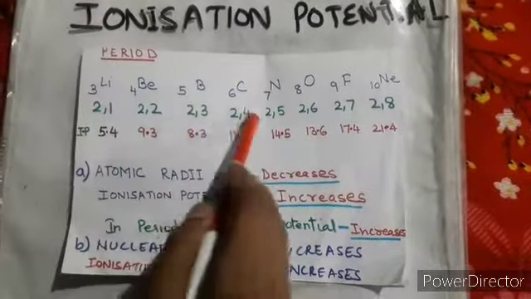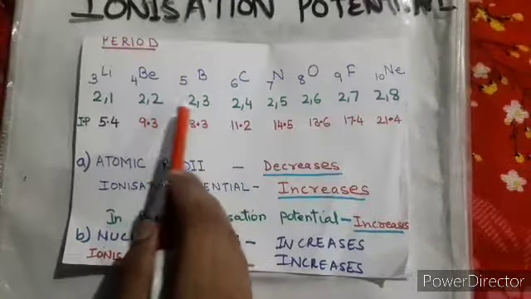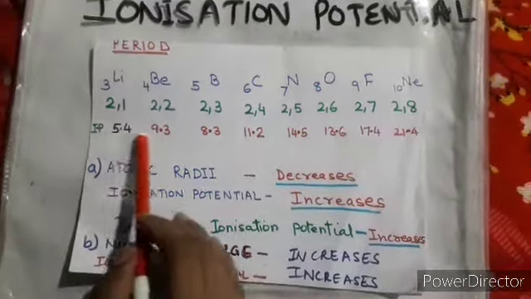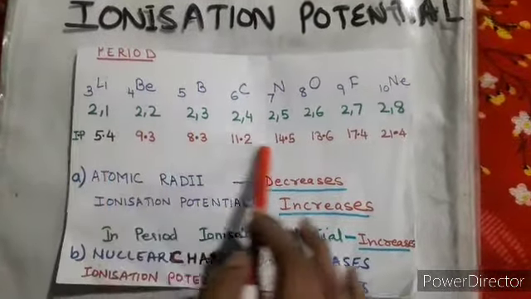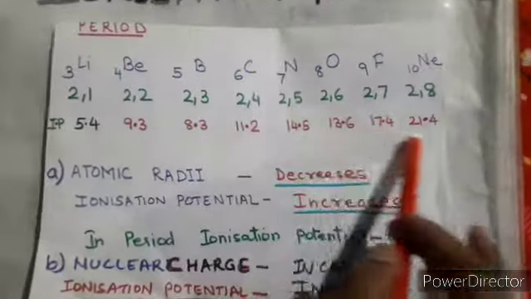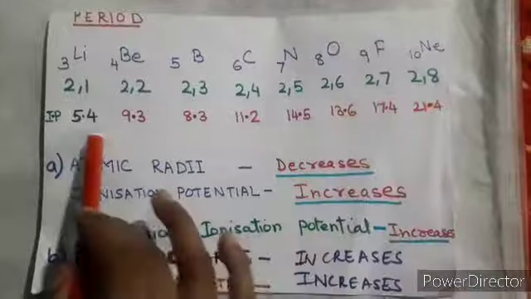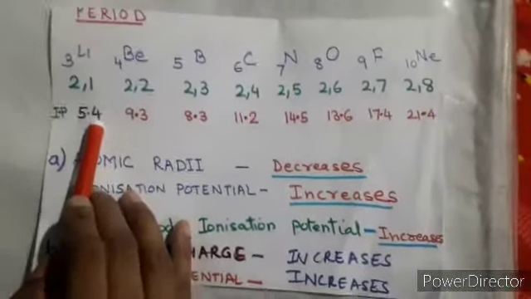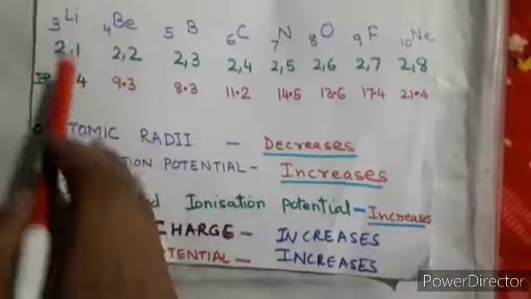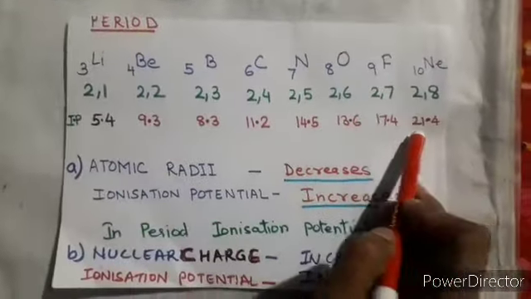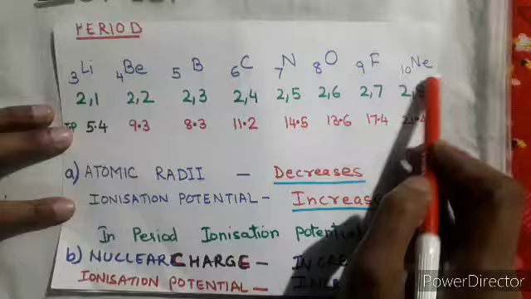And over here I have written the electronic configuration. By this you can easily tell the number of shells, and I have written these values of ionization potential. These are the calculated values, and please see these particular values. By looking at this value, you can say that this particular element has less ionization potential, right? And over here it is more. Why? Because this is a noble gas.